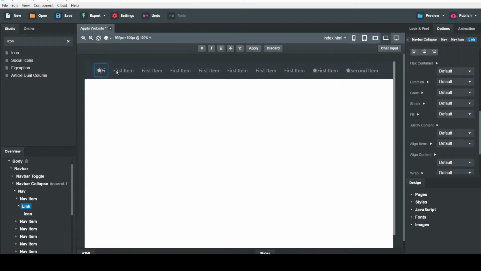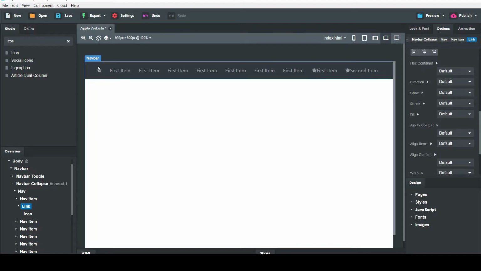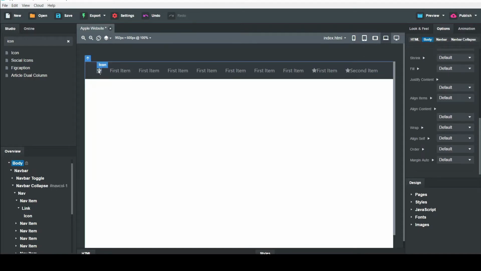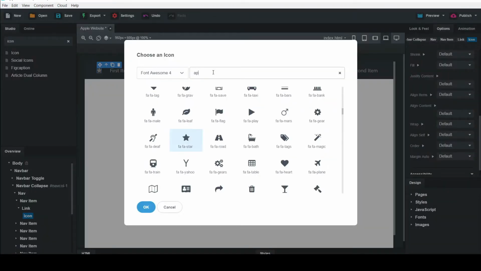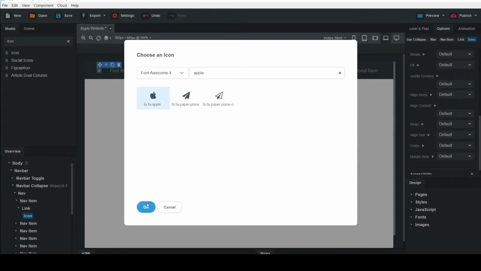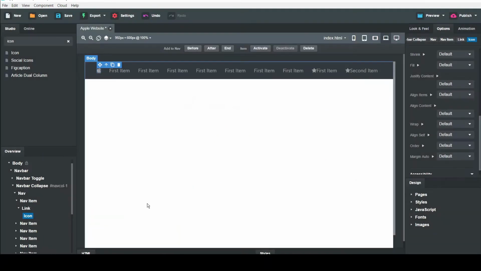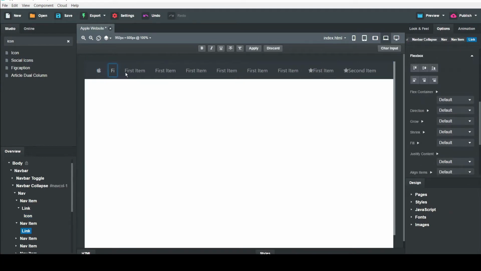Change the name to look similar to the original site. Press double click on the icon to change it. Find the Apple logo here. Search for the Apple logo and just select it and press OK. Change name accordingly. Let's move it a little bit fast.